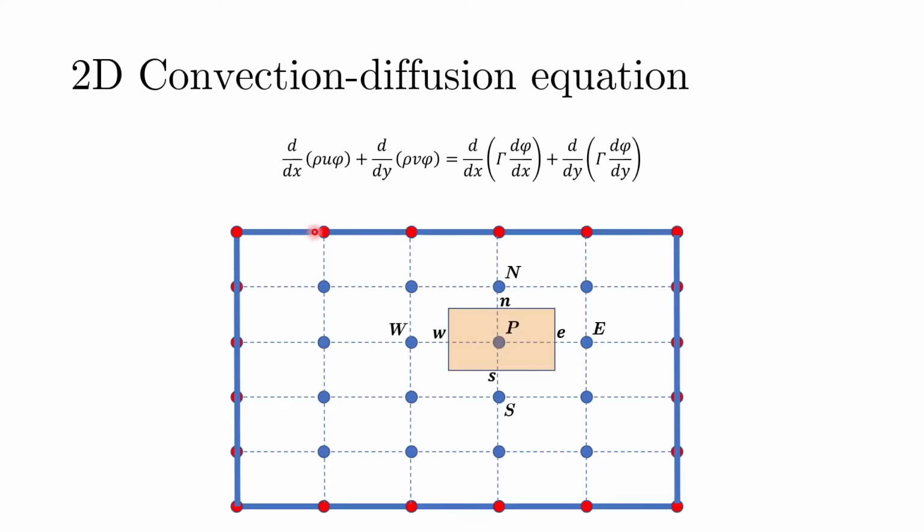So here these red points are what are called the boundary points, and these blue points are my interior grid points. And for any general point of interest P, we can define a finite volume around it, and based on that we would have an east face, a west face, a north face and a south face. I hope that you would be familiar with all this terminology now, and the idea from here onwards is that we use the Gauss divergence theorem on that finite volume and integrate the governing equation on that. So we will not be talking a lot in detail here.